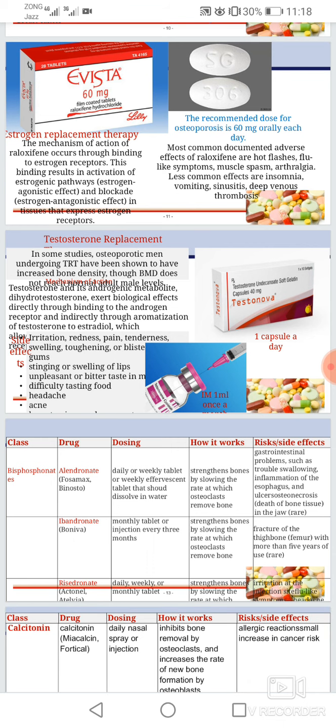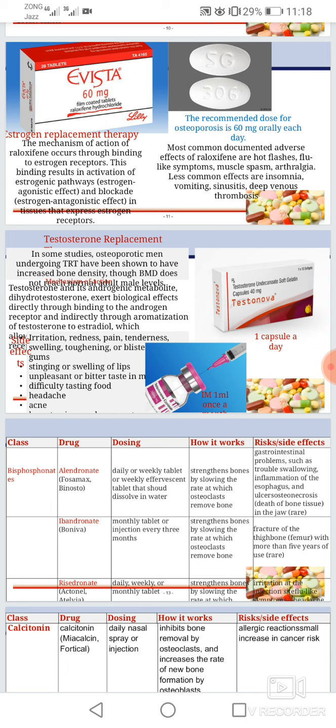So the other medication for osteoporosis is testosterone replacement. In some studies, osteoporotic men undergoing TRT have been shown to have increased bone density, though BMD does not reach male levels. Testosterone and its androgenic metabolite dihydrotestosterone exert biological effects directly through binding to the androgen receptor and indirectly through aromatization of testosterone to estradiol, which allow